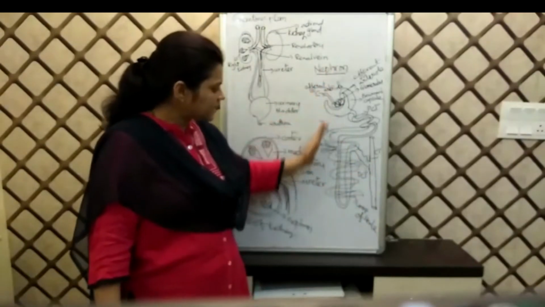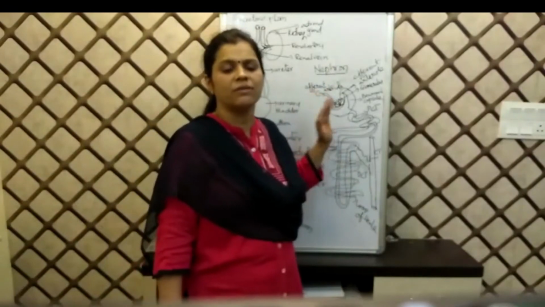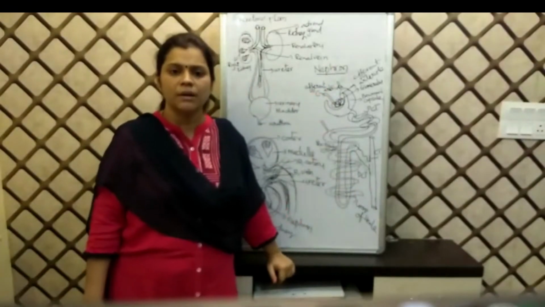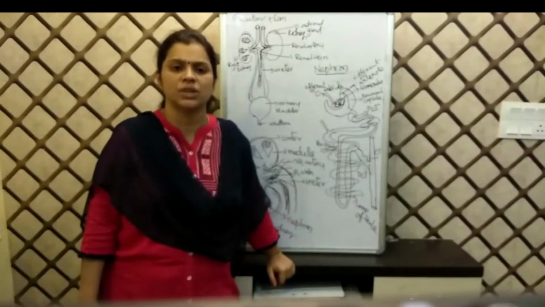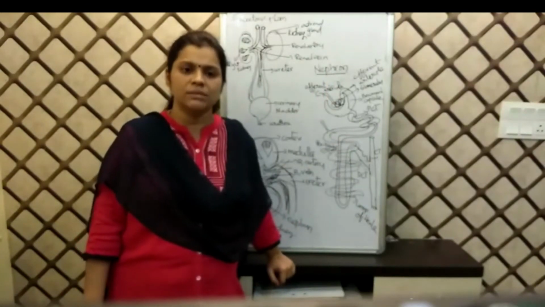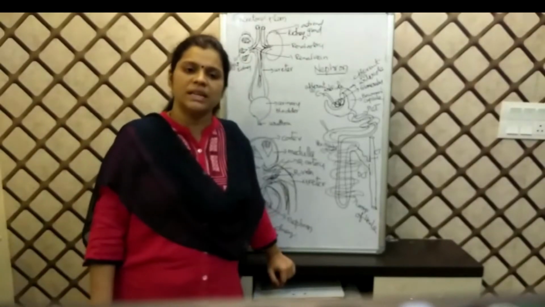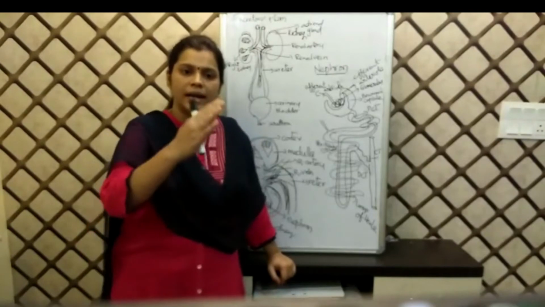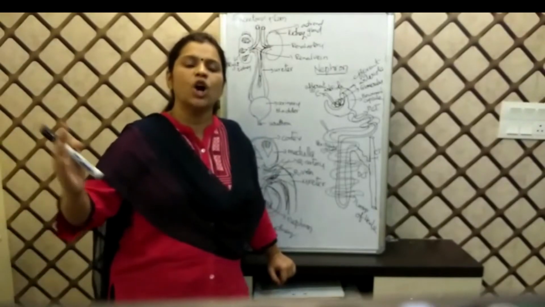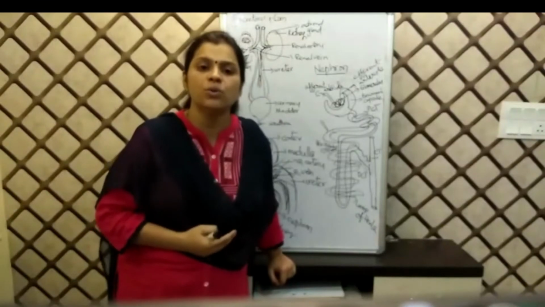Now, if we see the structure of the nephron, it is the very important structural and functional unit of the excretory system, which works as a filtration unit. The renal artery loaded with waste materials enters into the nephron, where all the waste materials are separated, and they are sent out of our body along with excess water and salts in the form of urine.